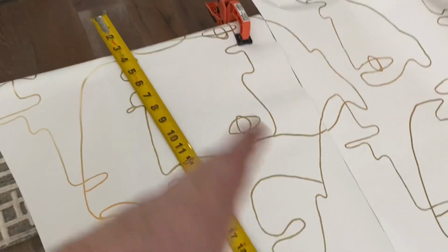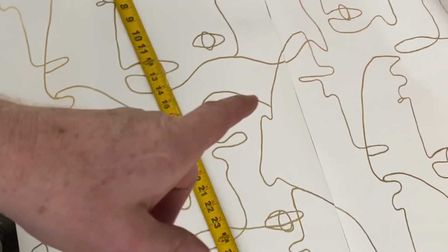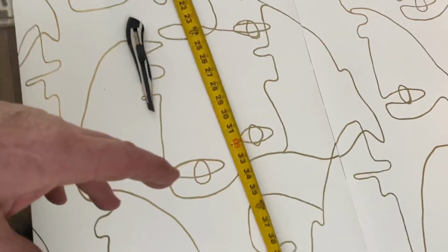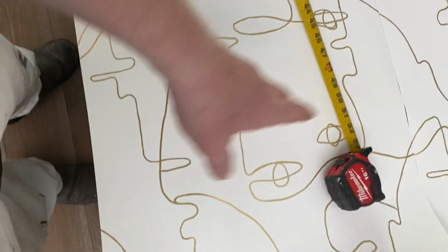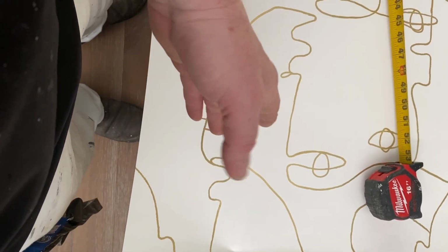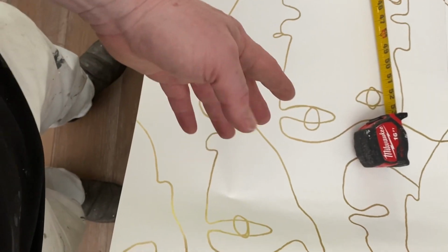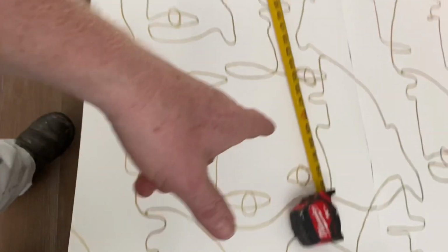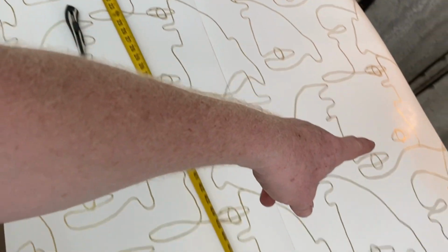But you will use less wallpaper if you use two rolls, particularly with a drop match, because where you have to cut this if you were only to use one, if you cut it every time you had to based on your needs of your wall or ceiling, you would see that you have to cut a lot more off of this than you would if you used simply a second roll. Okay, now